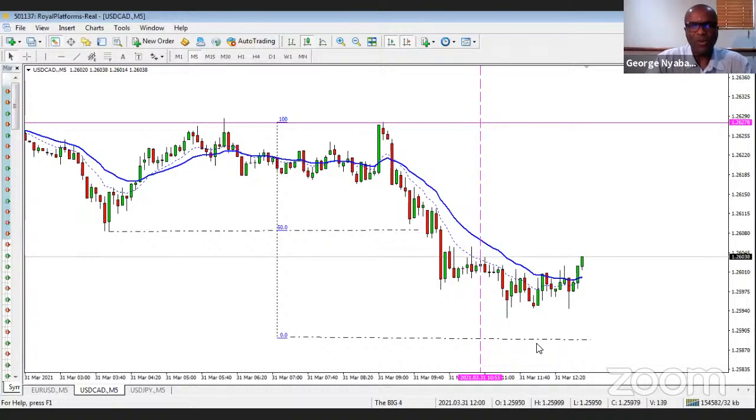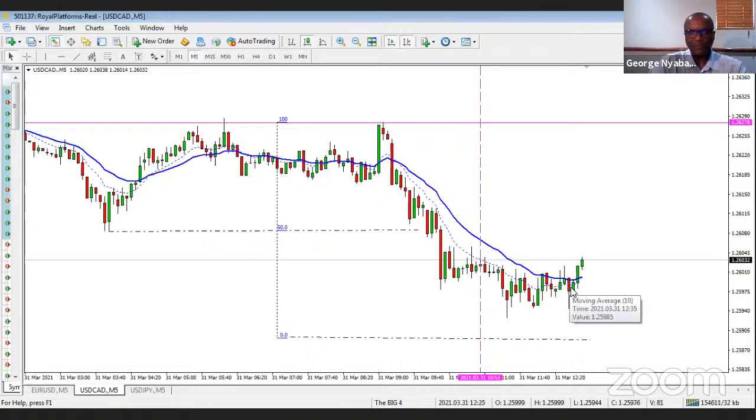So what does that mean? All that means is that the bulls are strong. They're able to repulse the market and ensure that the bears don't get down to this level. Does it mean we have a reversal? It doesn't mean we have a reversal as yet. We've got to wait for the reversal pattern to set up. So right now, the market is going sideways. What you want to see is a strong close above the moving average. We've had attempts to break above the moving average, but we haven't had a strong close above the moving average. This may turn out to be the first one. If it does, good for the bulls.